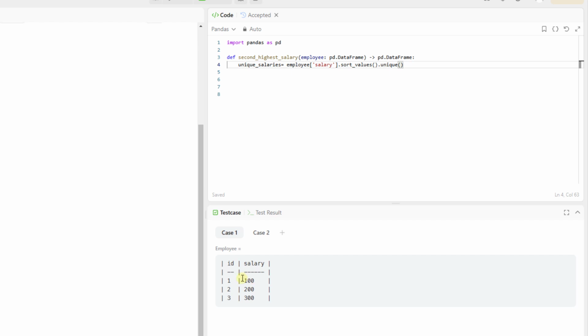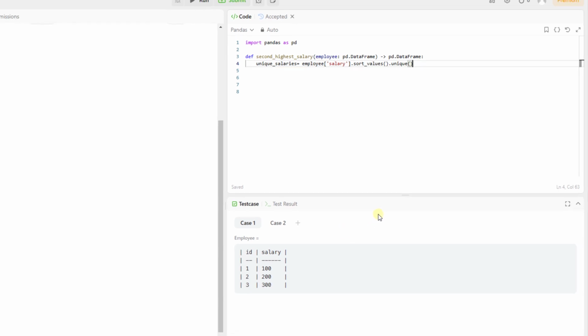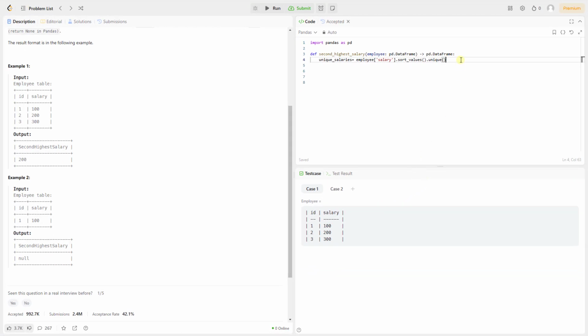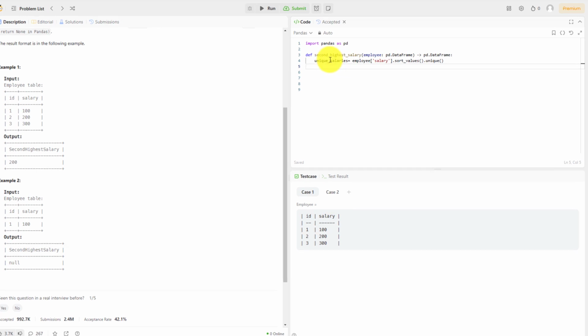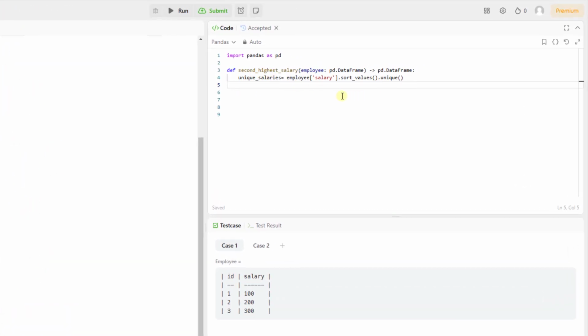So it just sorts 100, 200, 300, and it will be just a list. The components of this list would be 100, 200, and 300. Now that we have a list of unique salaries sorted from the lowest salary to the highest salary, we define an if condition and say, if the length of unique salaries, this unique salary here,